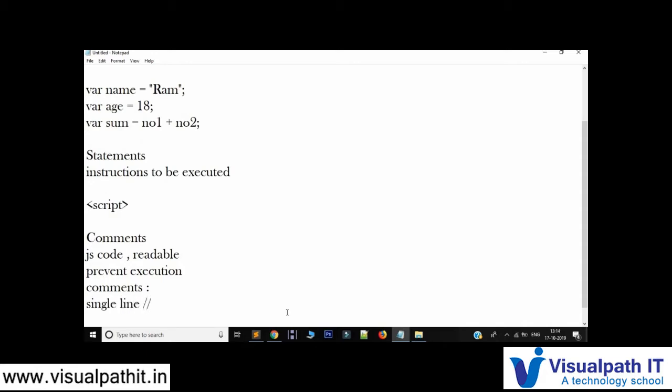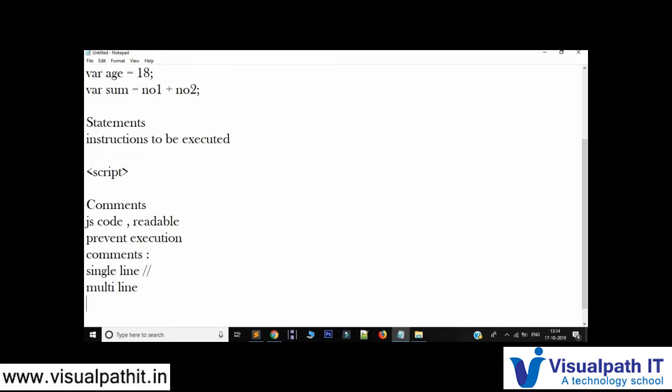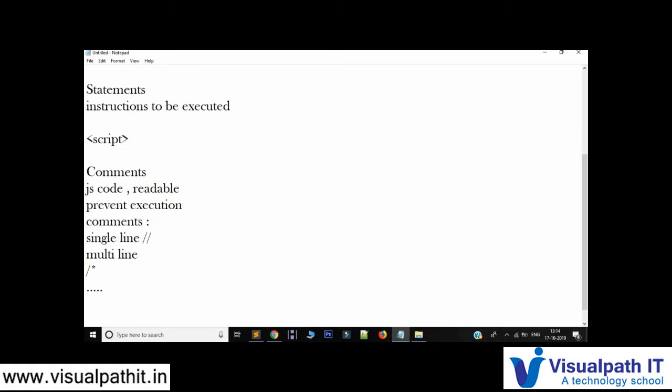Then just this is enough. Or else if you would like to do multi-line, then for that you have a slash, then star, then you will have the lines over here, and then again a star and slash. So this will be helpful for multiple lines.